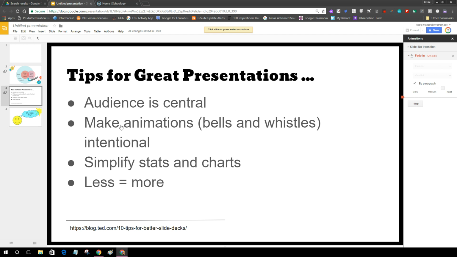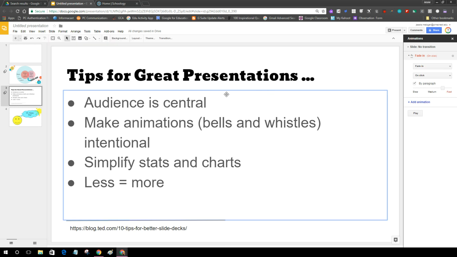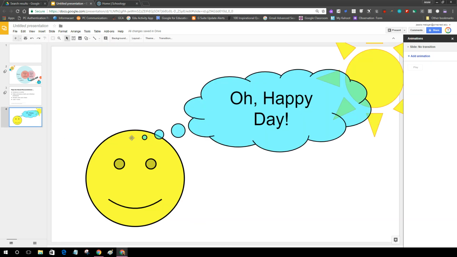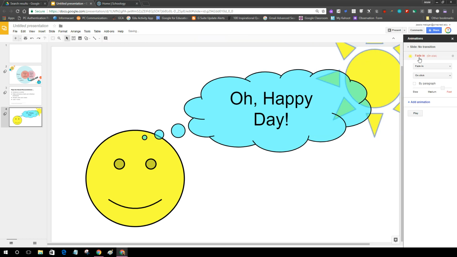You've probably seen all that you need to see, but I'm going to go ahead and add a little bit more on one more slide just to show you some of the other options. So on this slide here, I have a smiley face, a thought bubble, and a sunshine. And so maybe I want to tell a story or have a funny joke about the smiley face. So I want the sunshine to start. So again, I would click on the sun, I would add my animation,